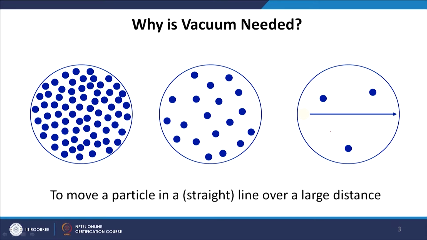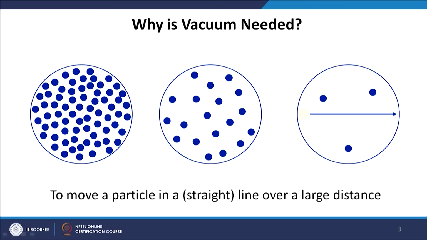So, in a system that begins with a crowded number of atoms, if we start getting rid of atoms one by one, or rarefy the system, finally we can achieve a system where the density of the gas molecules in a particular volume is much reduced in comparison to the first case.